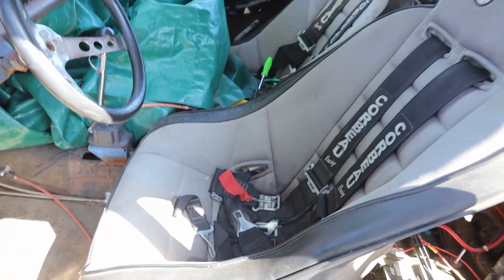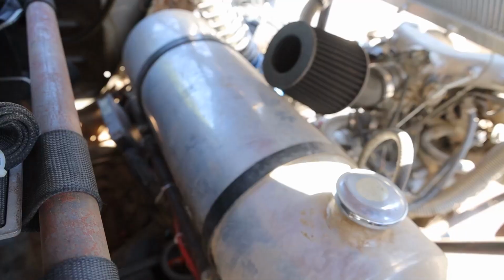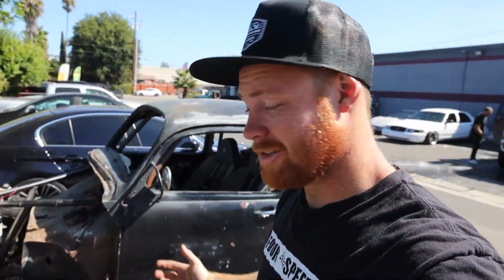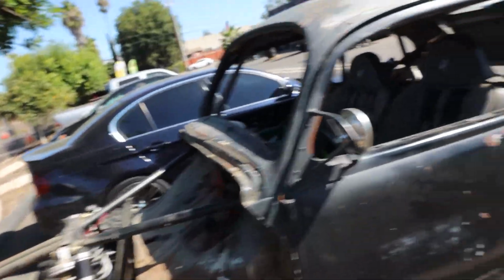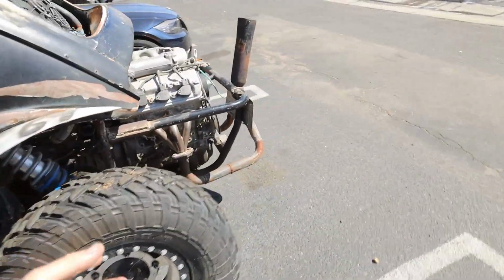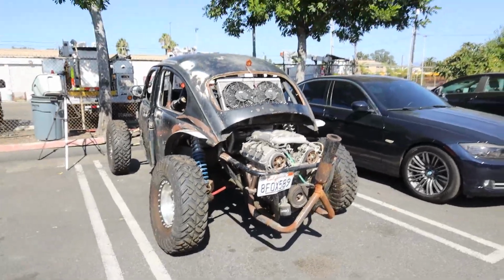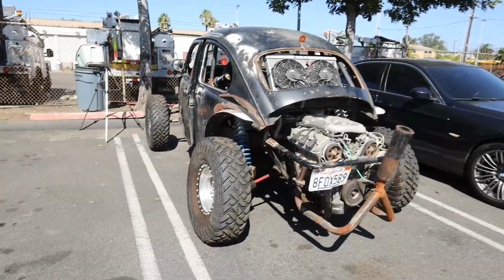Yeah, some Corbeau seats that are pretty decent, even though they're faded. Got a big fuel tank right here, and the J30 right behind you. So apparently, from what my buddies told me, when this thing's running around in the desert, all you hear is the intake noise behind your head, and it's super cool. So I want to try to get this thing running and drive it, but it is registered. I mean, you can see it's got a license plate on it. It is a bug, essentially, even though it looks kind of crazy. But it is still a bug, so at the end of the day we should be able to drive